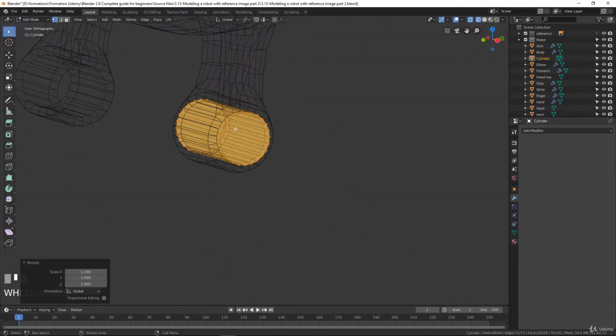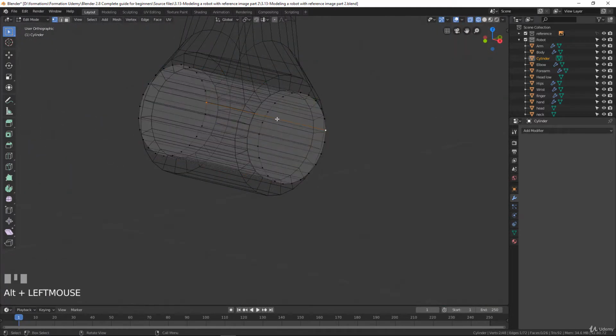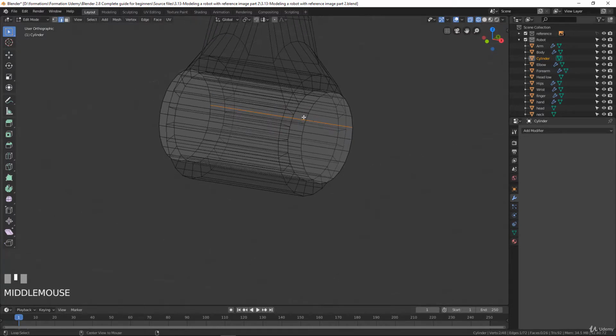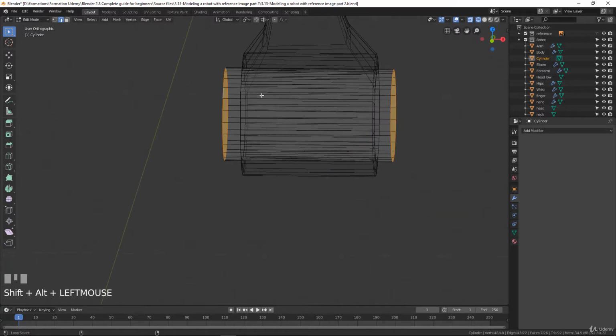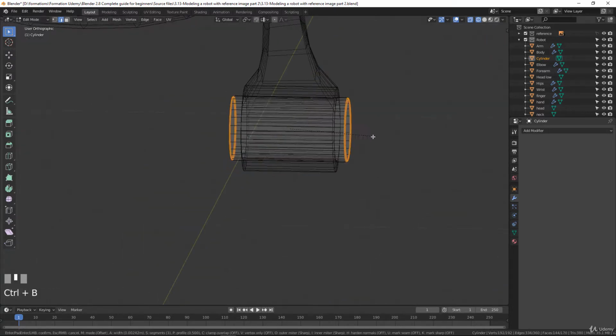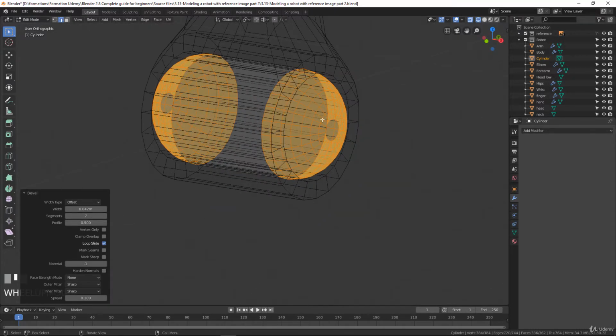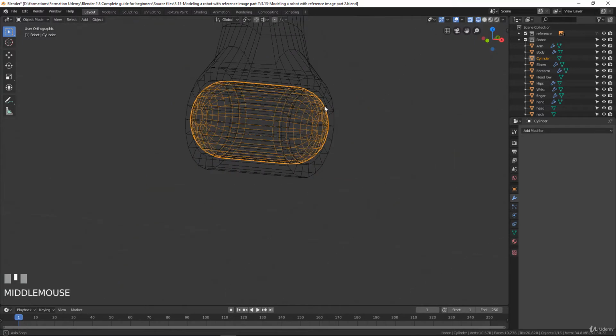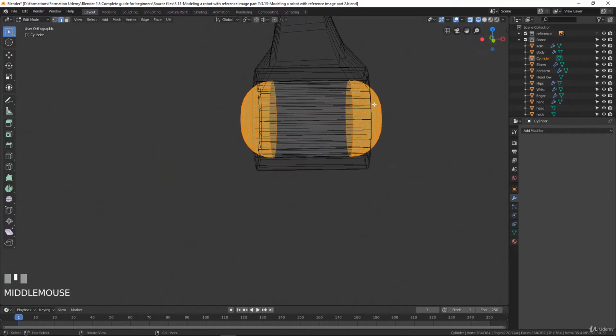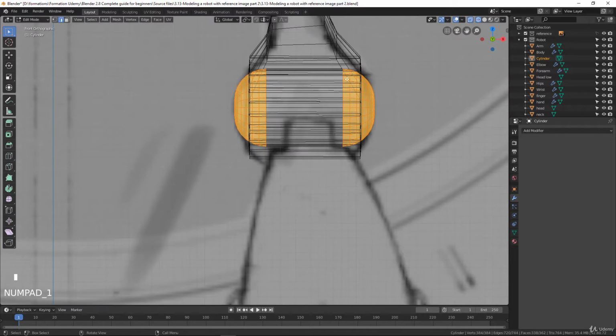Nice. We would like to make here with the edge selection mode, we can just select the two loops here, and we will make a big Control B like this. Okay. Good. And we will increase this with the wheel of the mouse to have enough here to have a nice smooth surface there. We can see that it doesn't really match what we want for now, and to resolve this I will just